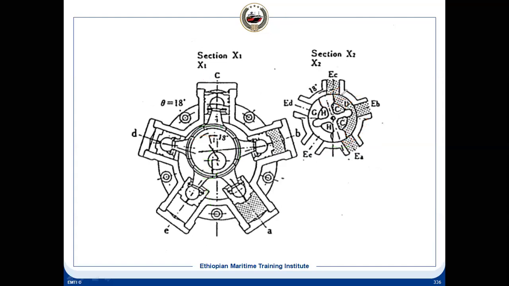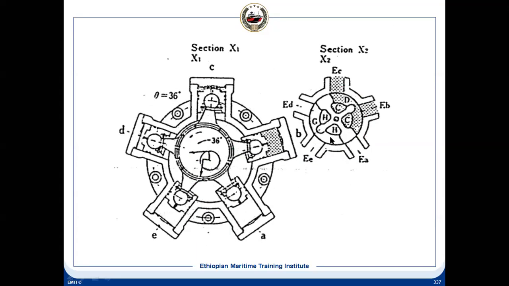So this valve has opened this passage and it is covered. So now 3 at a time it will get, but 2 after that it will get again 2. So this is the way it functions. At 18 degrees, this will be the position, and then next is 36 degrees. What will be the position?